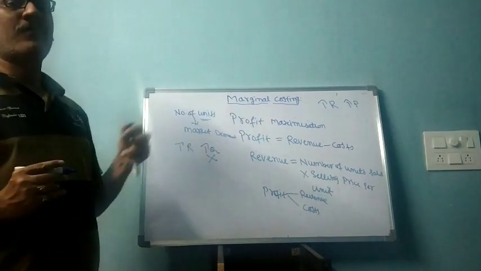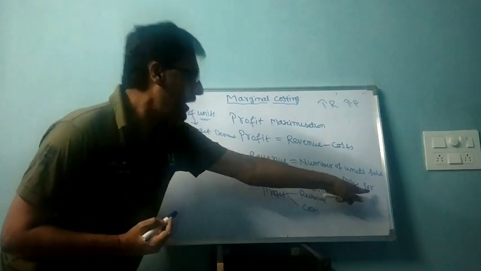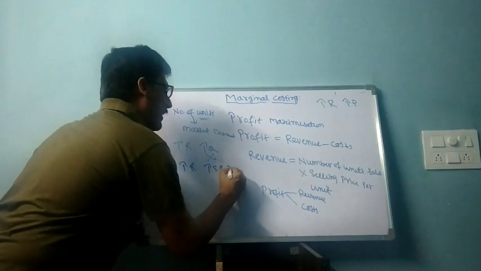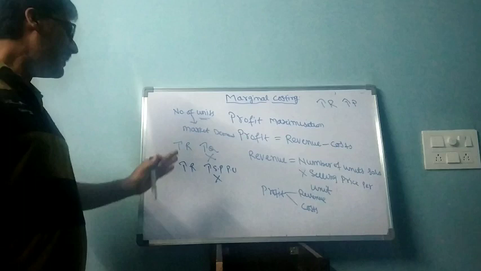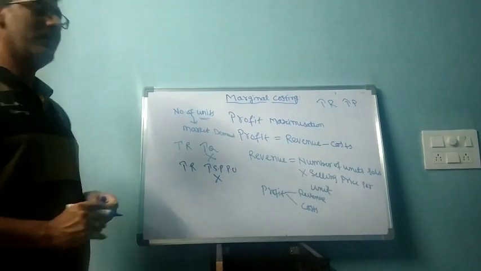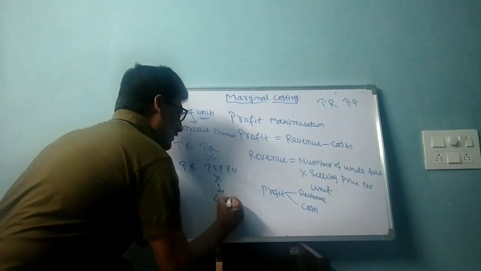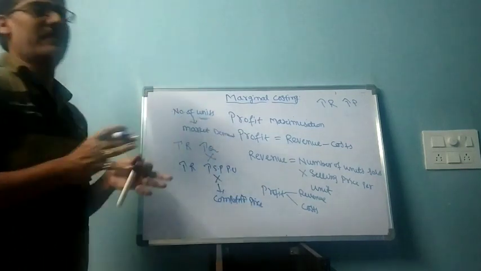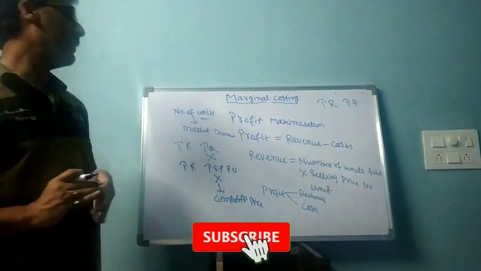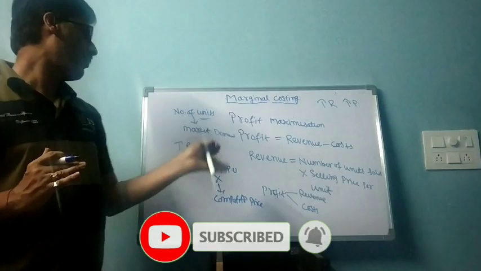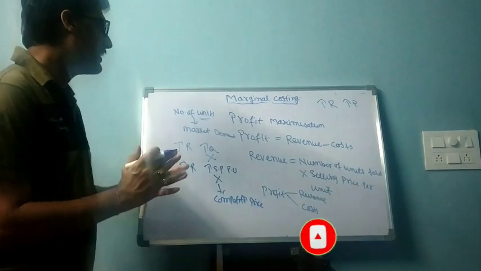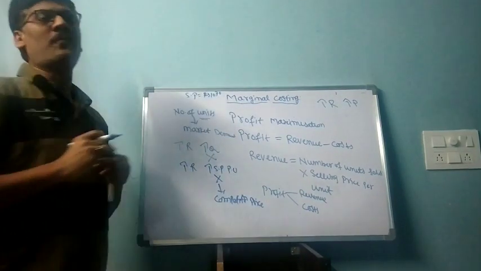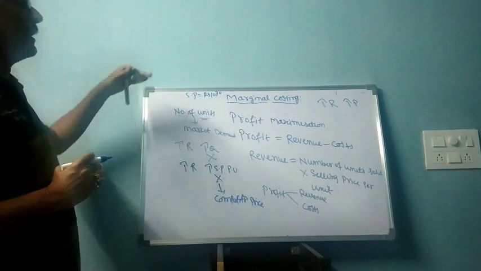What is the other alternative for increasing the revenue? You should increase the selling price per unit. But this is also not possible. Why is it not possible to increase the selling price per unit? Because this depends upon your competitor price. What price your competitor is fixing, based on that you should fix the price for your product. You cannot fix more than the competitor price. Let us assume that your competitor is fixing the selling price at 10 rupees per unit. You cannot fix more than 10 rupees. Either you can fix 10 rupees or less than 10 rupees.